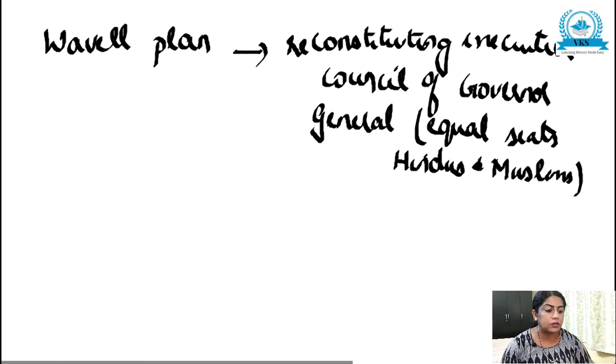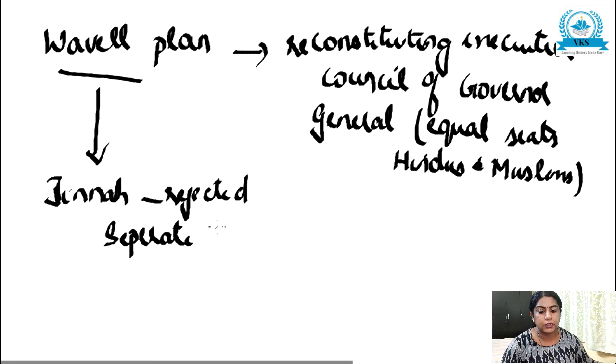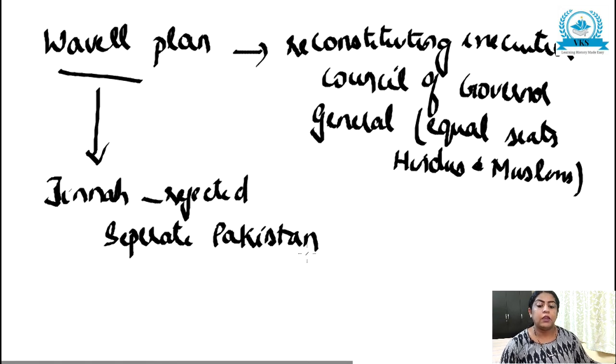So that was the Wavell Plan, which came after Stafford Cripps came with the proposal that was rejected. Then the Wavell Plan proposed reconstituting the Executive Council with equal seats for Hindus and Muslims. But this also was rejected by Jinnah, that is Muhammad Ali Jinnah. He rejected the plan, and he stood for a separate Pakistan. He said that the Muslim League was not agreeing to equal seats for Hindus and Muslims, and they stood